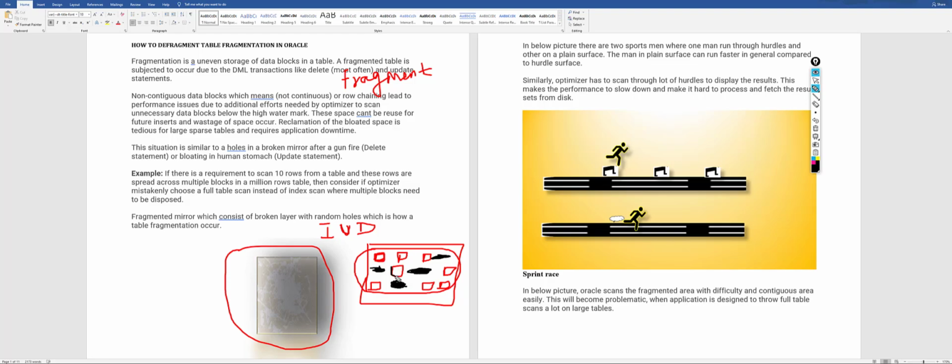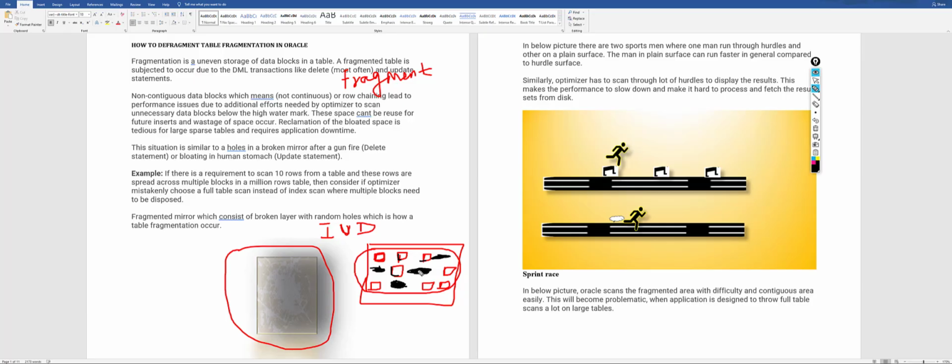So here we have data, and here also we have data, here also we have data. You can see that the data is scattered in the table. I'm just giving you an example for your understanding. I'm not going into any technical stuff, but in general how fragmentation looks like, I'm just giving you